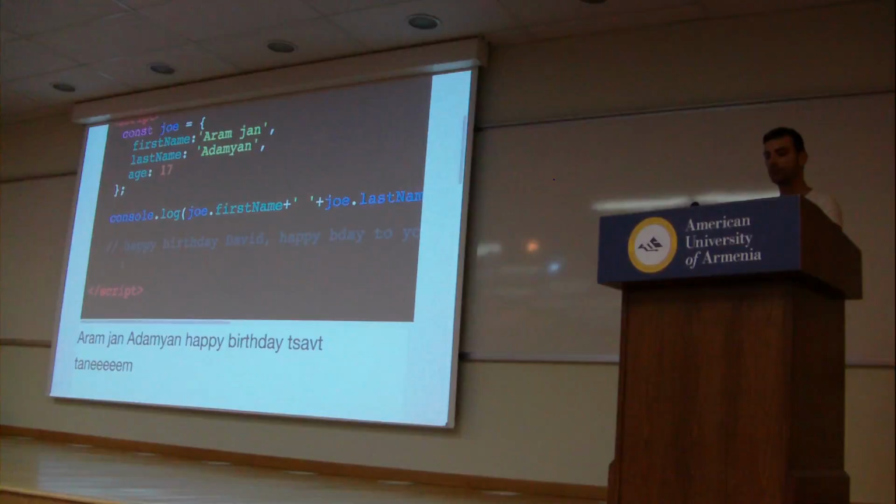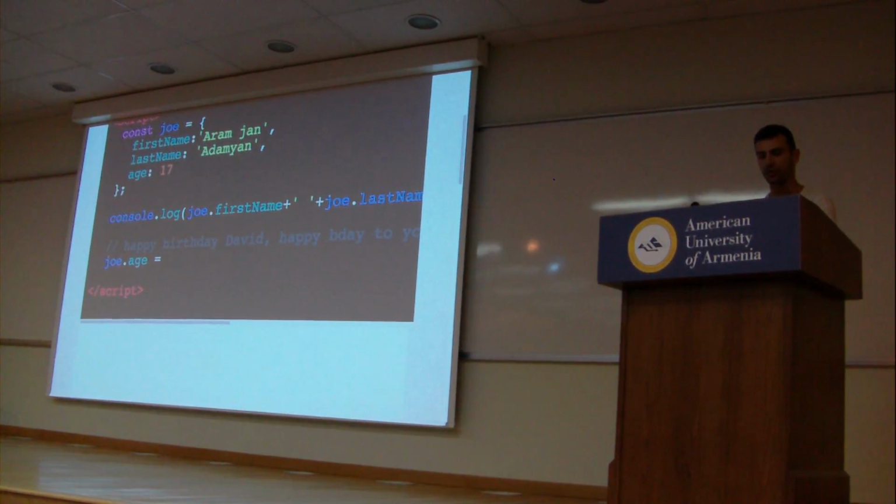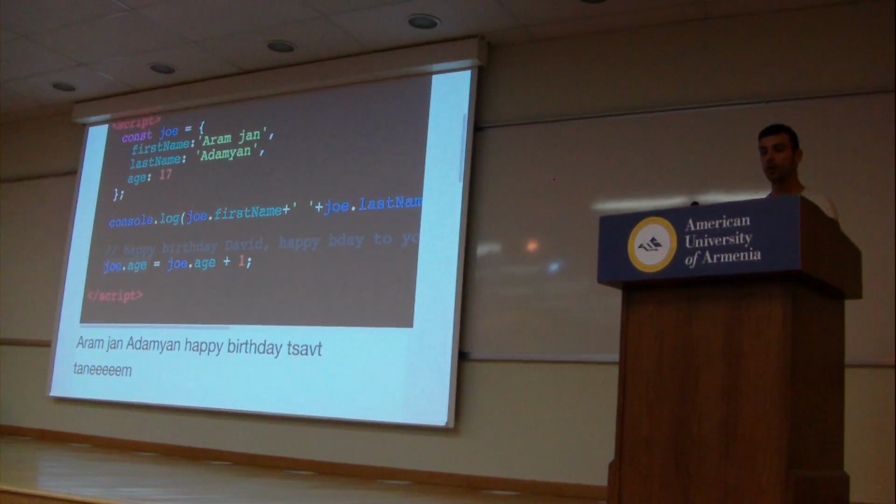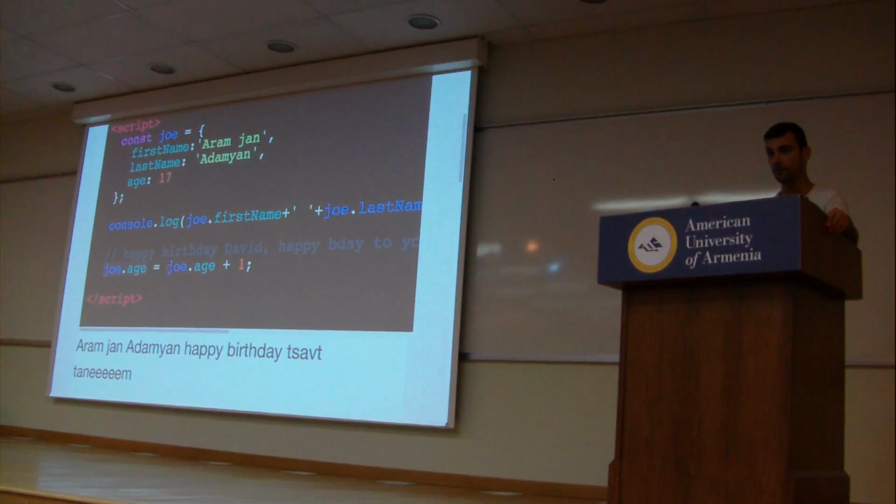Watch what we can do. I can say Joe.age is equal to, the variable is Joe, the constant is Joe. But okay, we're going to say Joe.age plus 1. Can we write plus one? Yeah, but not now. Joe.age plus 1, and we're assigning that to the age. You get what I did there? I took the original age of Aram, which was 17, right? So this was 17. I added a 1, and now Aram became,